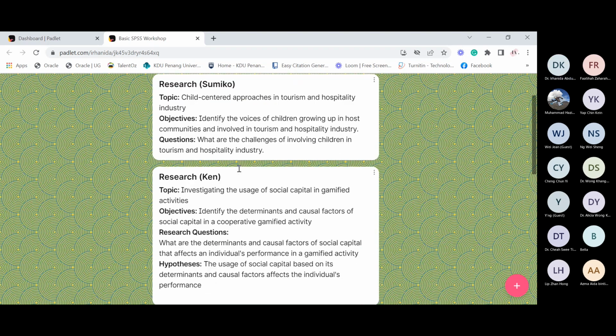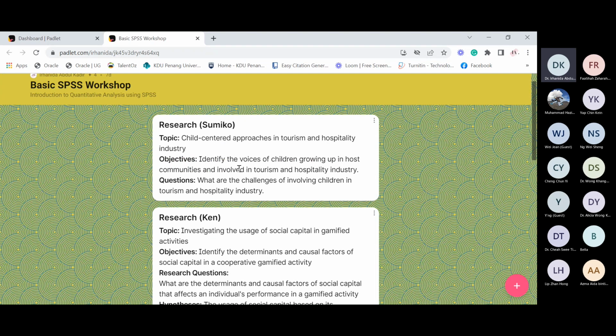Miss Sumiko's objective is to identify the voices of children growing up in host community and involved in tourism and hospitality industry. I think this is also very clear, even though the objective is not refined. If we turn this into quantitative research, the voices of the children, I believe this is the opinion of the children, is dependent.